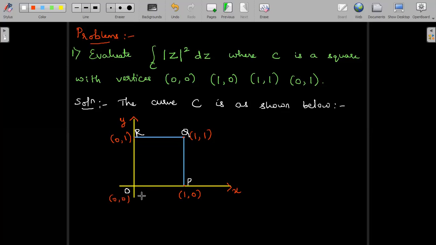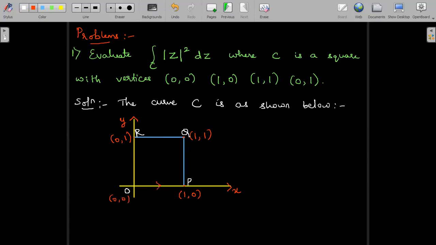So like that we have tried to draw an approximate square. Now with this there are 4 line segments, no? So either we have to start from O and then traverse to R, Q, P, O, or we can go O, P, Q, R, O. So I'll be moving in this direction, O, P, Q, R, O. So I'll have to draw the line segments putting arrows across.